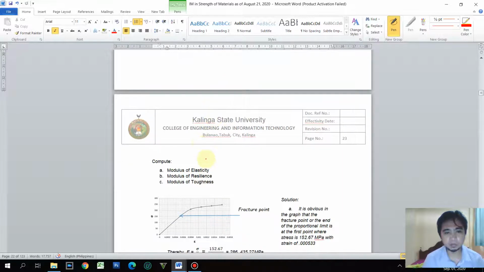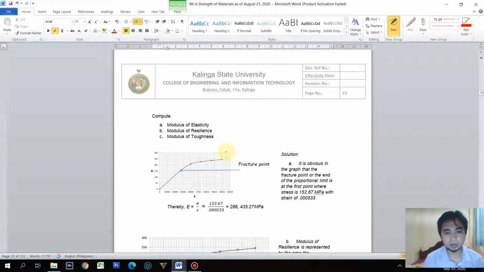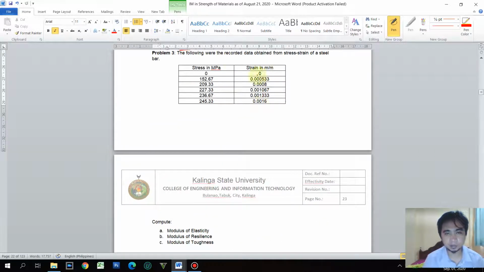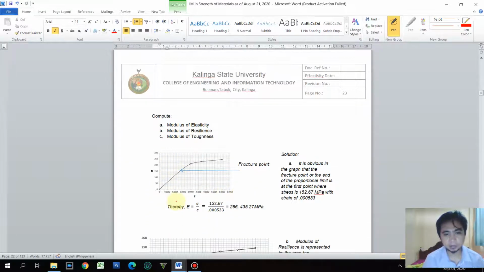We are going to compute for the modulus of elasticity, modulus of resilience, and modulus of toughness. Now, if we are going to graph this given data here, the stress versus the strain on the x-axis, we can come up with this type of curve, and then we can get here an obvious fracture point. Okay, obvious fracture point, because dito nagkurba na yan,